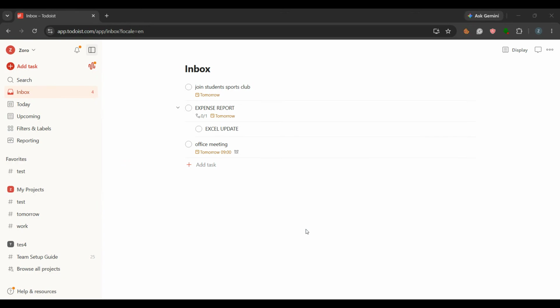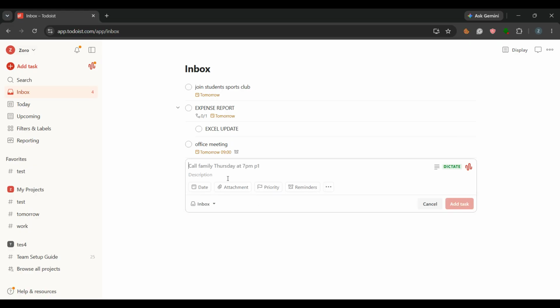The first thing you should know is that Todoist works best when you use the inbox as your quick capture space. Anytime a thought, task, reminder, or idea pops into your head, dump it straight into the inbox immediately. Do not worry about organizing it right away. The goal is to get it out of your head before you forget it. Think of the inbox as your temporary holding area for everything you need to deal with later. This is one of the biggest habits that makes Todoist so effective because once your tasks are captured, your brain